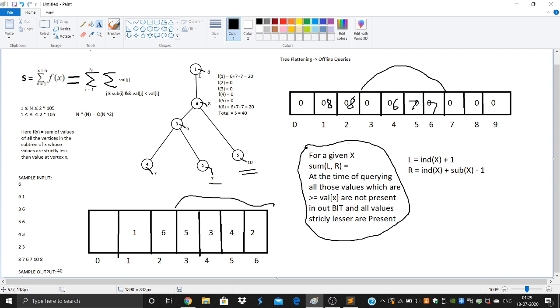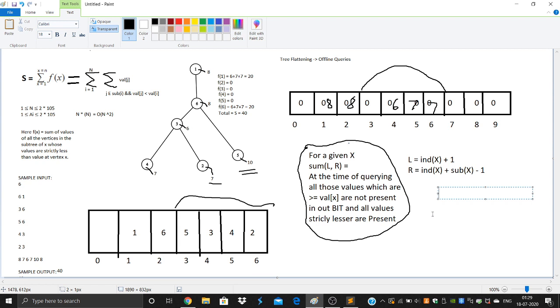What we did is we did a DFS traversal. Okay, so let's do a small summary now. We did a DFS traversal by which we got a flattened tree. Then we took a BIT. Before that, we sorted our queries in ascending order. We sorted Q R in ascending order, because that is really important for this to work. Otherwise, we would get a wrong answer.